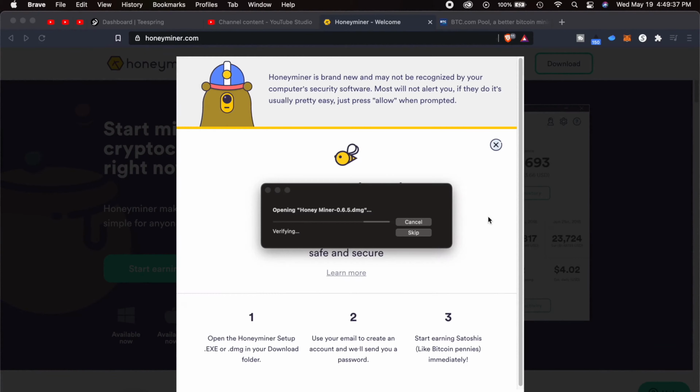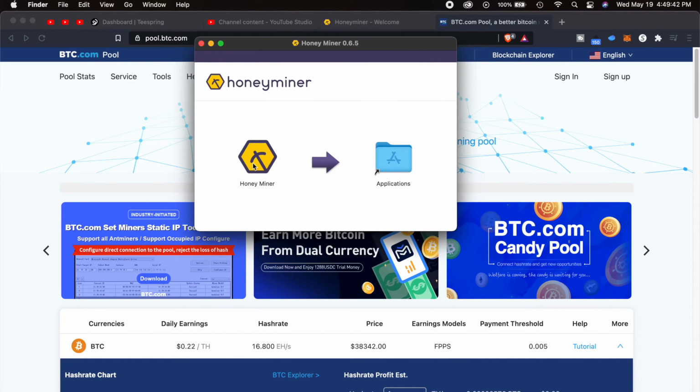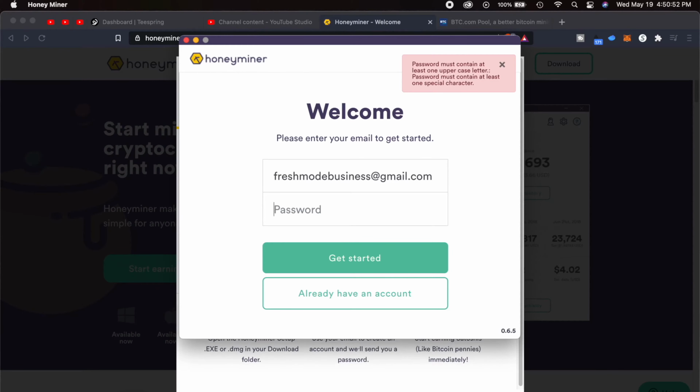The other way involved BTC pool and then downloading stuff and then creating an account, and I don't know, it looked too complicated for me. I was looking for something simple. Honeyminer, I know a lot of people do that. I wanted to try it out, see how much I can make, how much I could do with a M1